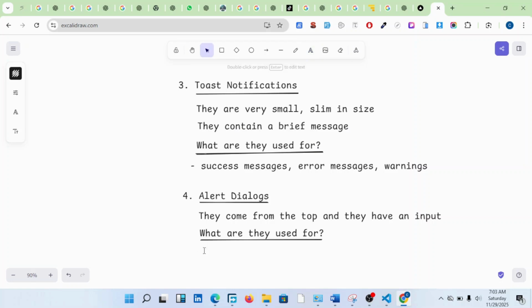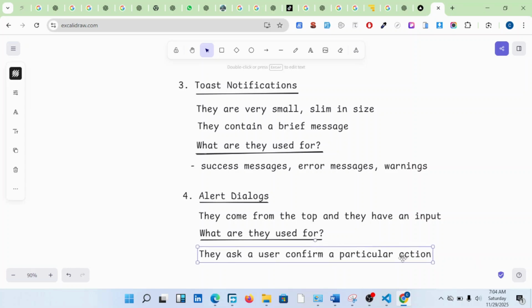They ask you something, then you are supposed to confirm. So you either confirm or you cancel. So those are the alert dialogs as you see them there. Okay, then we move down and we see